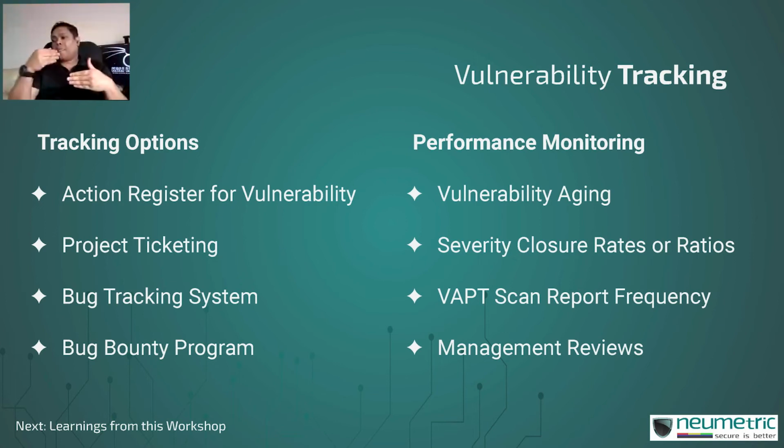Your need is that as soon as the vulnerability is discovered and reported to the people who are going to be remediating it, they make a note of it, they acknowledge to you that they have made a note of it, they take the necessary action, and they take it within a prescribed amount of time. If you define a vulnerability management program, you will have done this already. Let's say the vulnerability is critical, you'll mandate that it will be remediated within 7 days or 15 days max. Now, when you start tracking aging of your vulnerabilities, you will map it to the severity of the vulnerability, and you'll make a connection between what we want to achieve versus what we are really achieving.